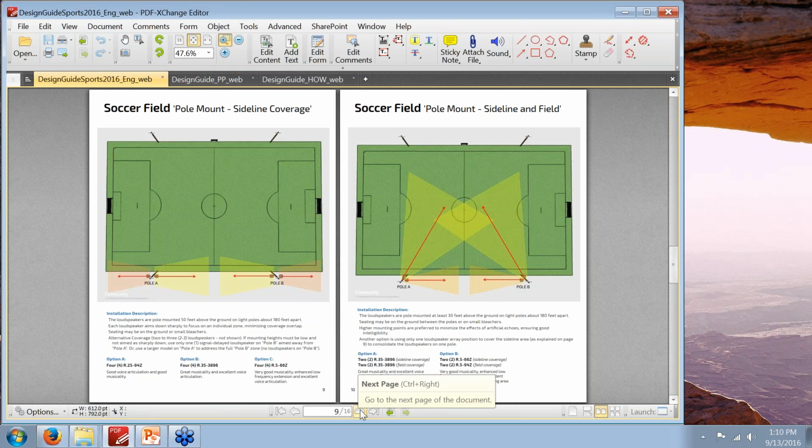Soccer fields don't always have as many structures to work with, unless you're in a place where soccer's a big sport and has all the seating that's typical to football. In that case, I would go look at the football designs to get some ideas as to the way to do it. But if you have a situation where the only things available are the lighting system to host loudspeakers,